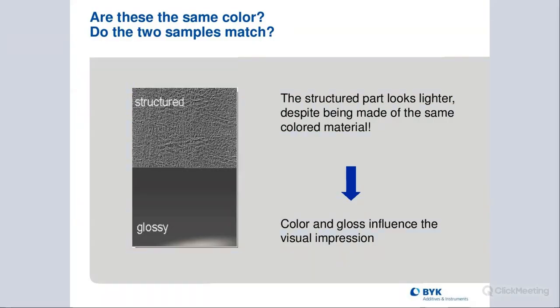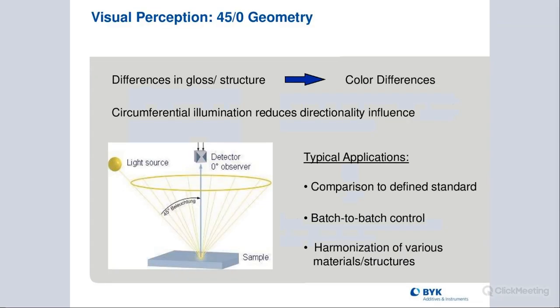First question is, we have these two samples. This is actually a plastic sample. One is a structured surface and one is a glossy surface. And the questions we always ask are, are these the same color? And many people would say, they look different. So do these two samples match? And most of the time people would say no. So why is that? And do I want my instrumentation to say that they match, or do I want it to report an answer of how I see it? So that takes us into the first